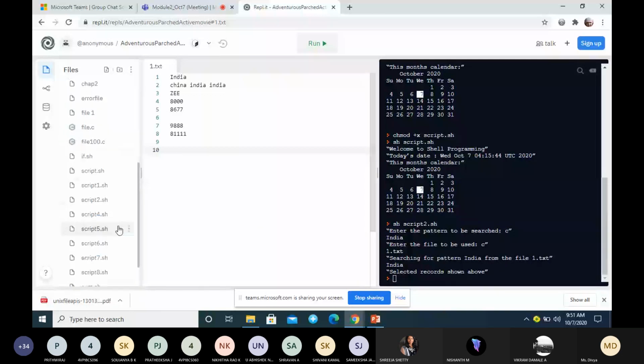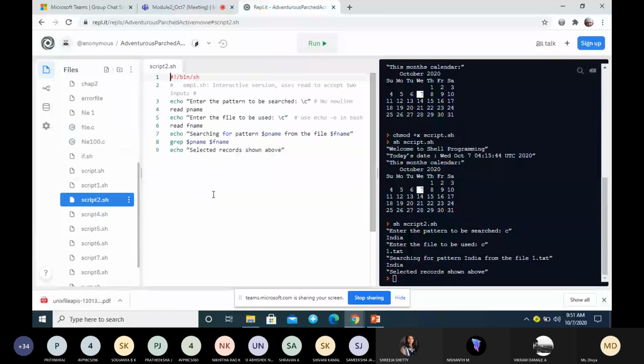So this is one of the simple examples for the read statement. In the exam, they may ask you to explain the read statement, how read statement can make a script interactive, explain with example. So this simple example you can give and write the output. When you write an exam, write even the output.